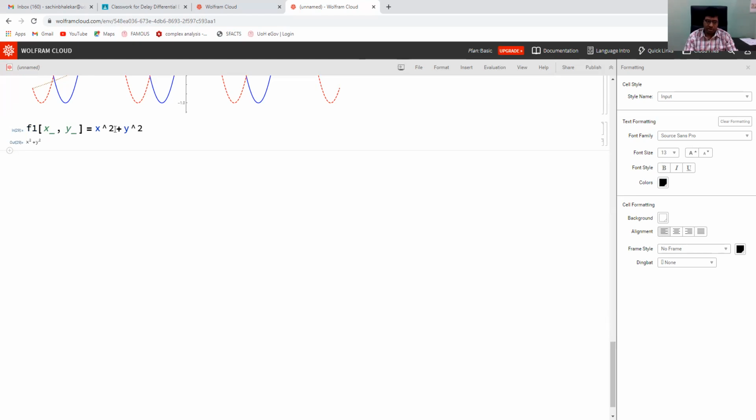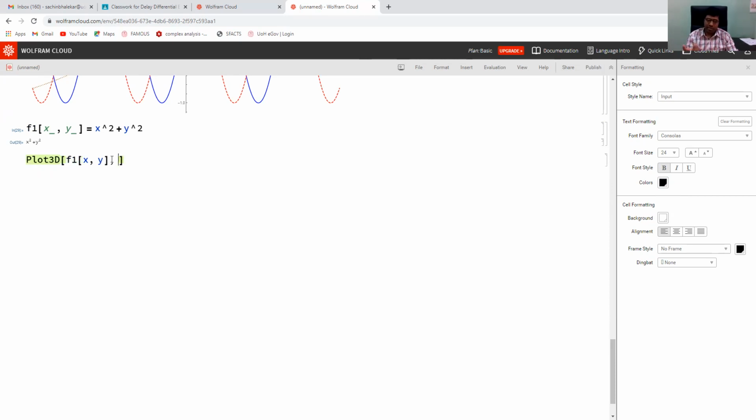Let us sketch this function. We will have a 3D plot. The command is Plot3D. Then the first entry is the name of the function, f1 of x, y, comma.